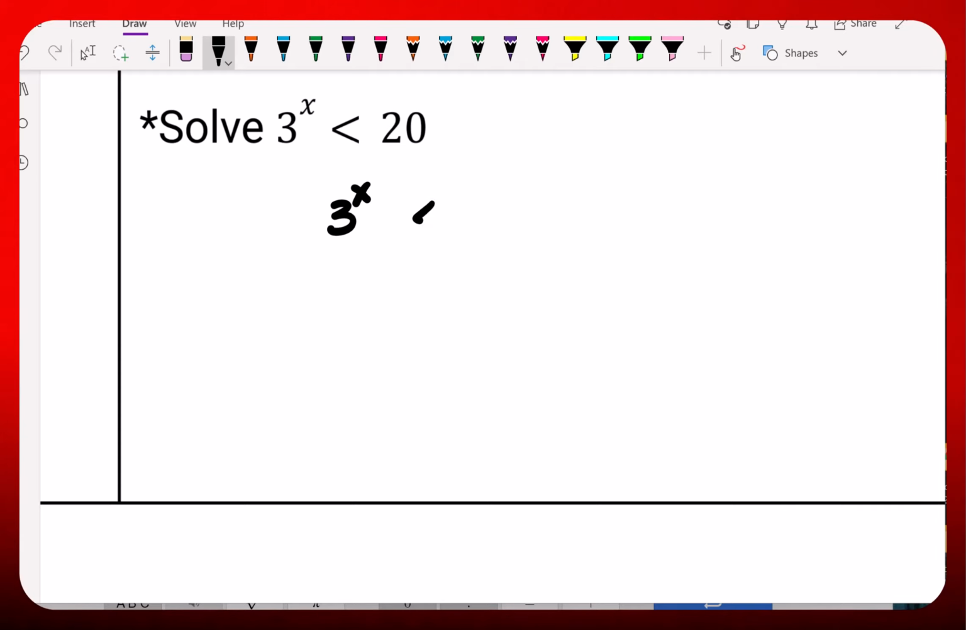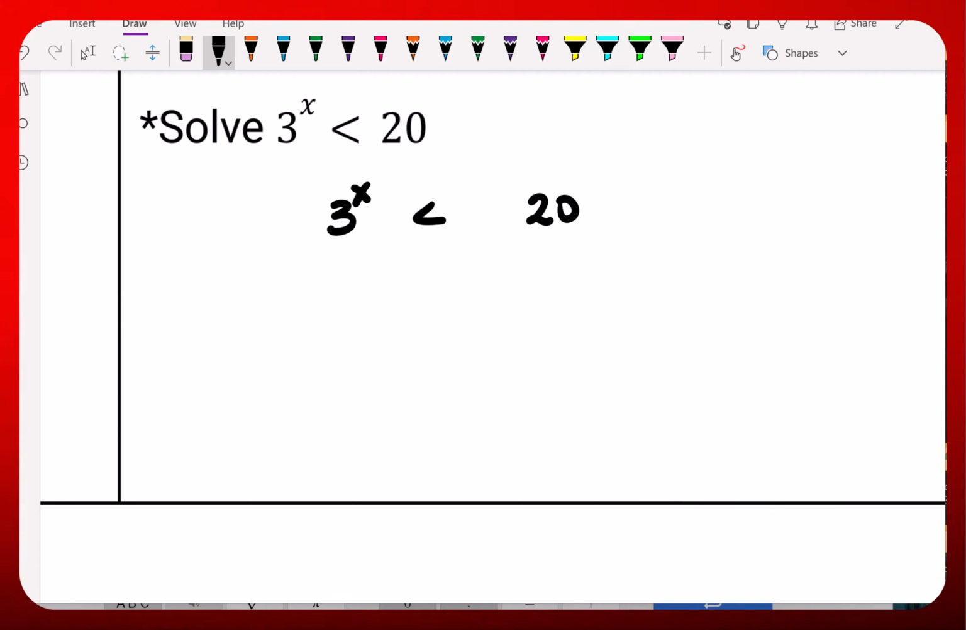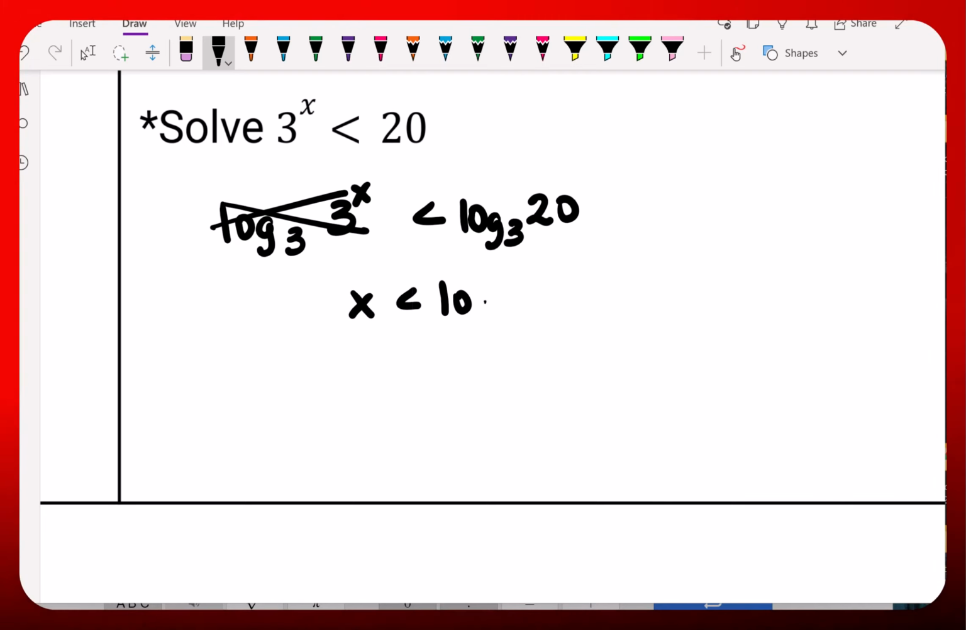We're going to take the logarithm of both sides. And you're able to do that. You can choose any logarithm that you want to. So in this case, I have a base 3, so I'm going to choose a logarithm with base 3. What you do to the left, you must do to the right. And you learned a little bit earlier that if you have a log with the base 3 and another base of 3, you're able to cancel that whole logarithm out, and you get x is less than log base 3